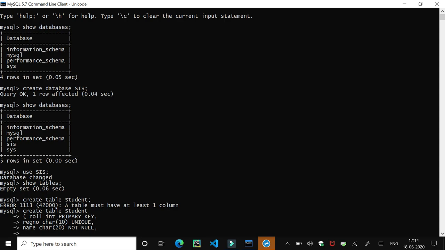Now I am going to add one more column in it, that is the stream. Now stream is also of character data type and it is of size 10. And I just want, if no stream is allocated to a new student, the default value for the stream will be ANY for not assigned.